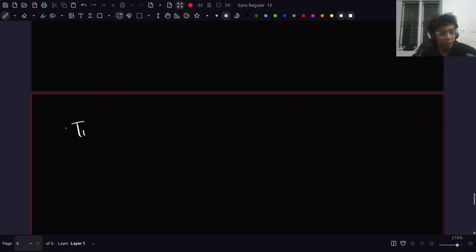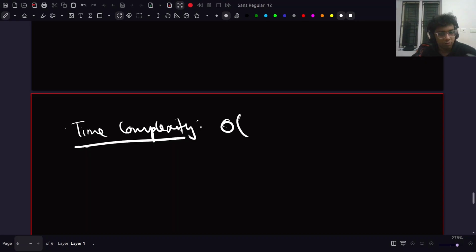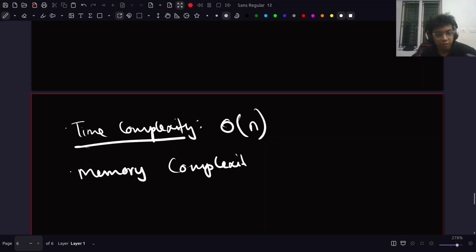And what would be the time complexity of this? Simply O(n), because DFS on a tree, this is not exactly a tree, but the number of edges is also n itself, right? So that's why the time complexity is O(n), as well as the memory complexity is O(n). So if the idea is not yet clear, we'll have a quick look at the code, and that should clear everything up. All right,